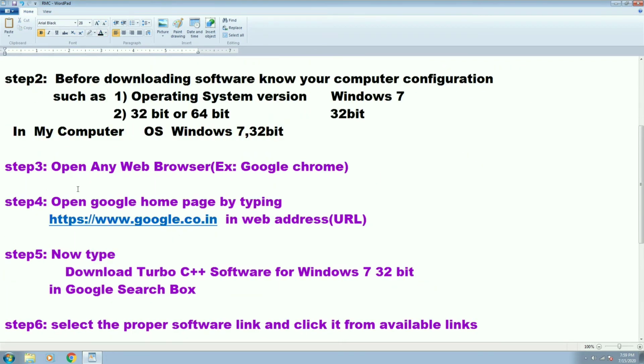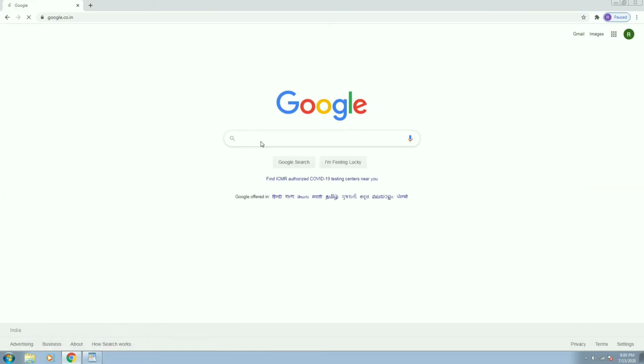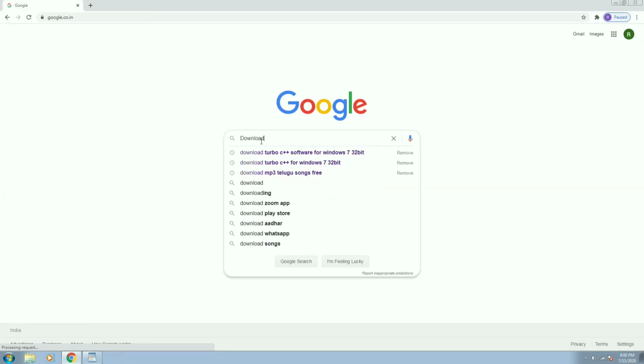Sometimes these turbo softwares will ask you to install Microsoft .NET framework. If it is asking to do so, please install that software also. But I think this link, the link that I am telling you, is not asking to install Microsoft framework. Okay, so in the Google search box,